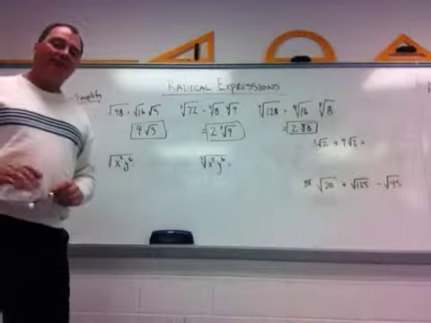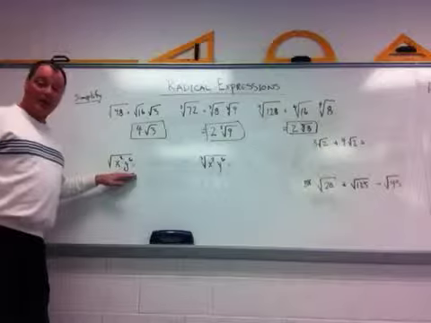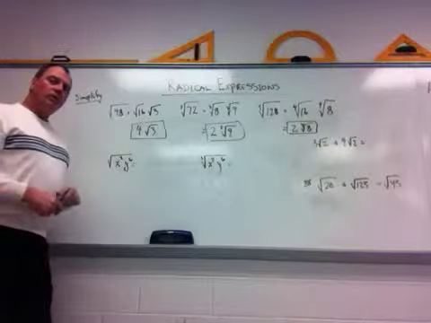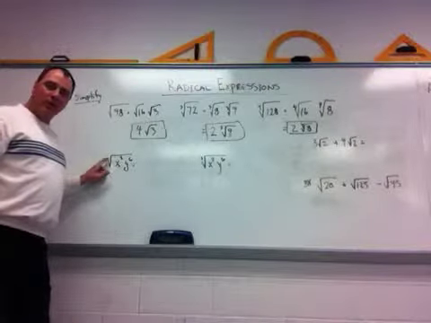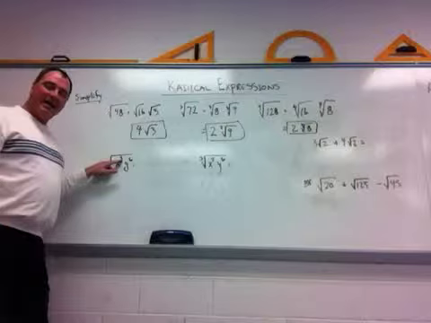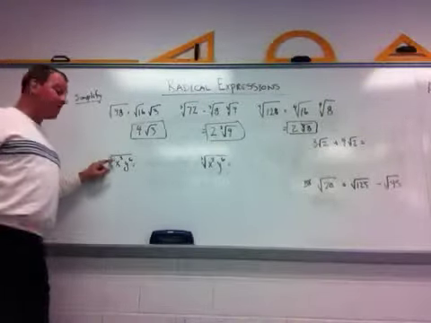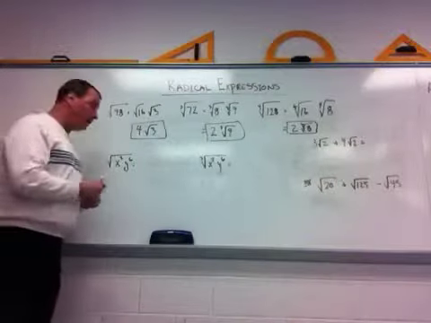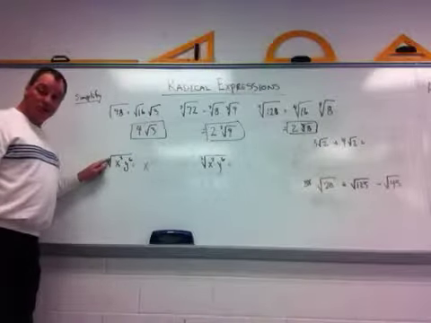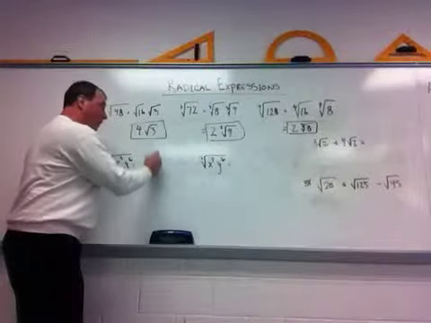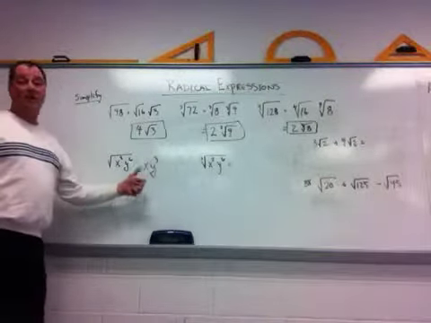Now, if it happens to have variables with it, like this is the square root of x squared, y to the 6th, what you do is you take the power and you divide it by the root. In other words, that has a power of 2, and the square root would imply that there is a 2 there. And so you would take that 2 divided by that 2, and you'd get 1. So this becomes x to the 1. If you take 6 divided by 2, you would get y to the 3. And so this simplifies the square root of x squared y to the 6th would be the same as x times y